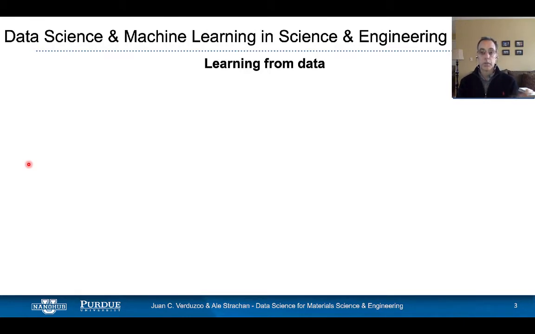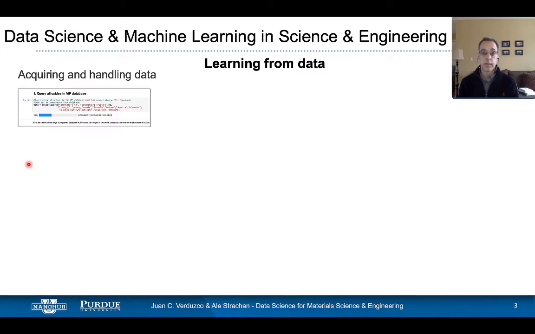So all of this is part of data science. And data science aims at learning from data by example, without the need for knowledge of the underlying physical laws. And of course, an important aspect of data science is you have to start by acquiring data and know how to handle data. The flip side of this coin is that this data needs to be contributed, and people in our community need to share their data and make their data findable and accessible and useful.